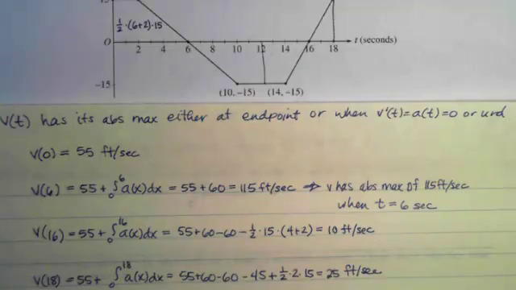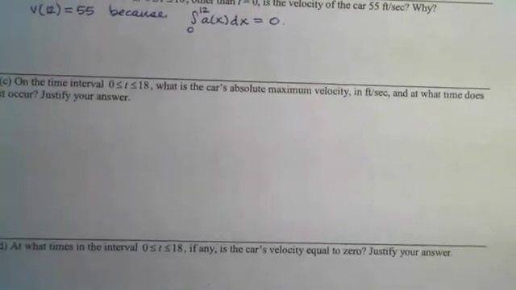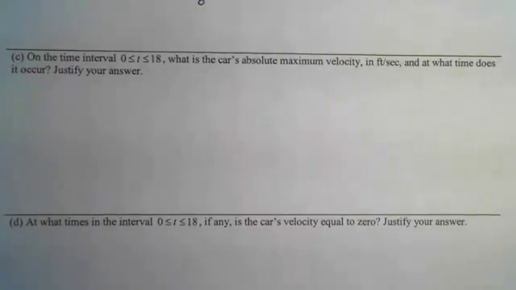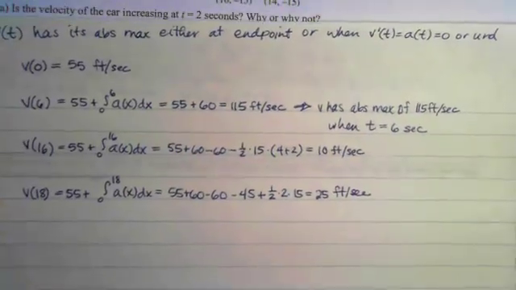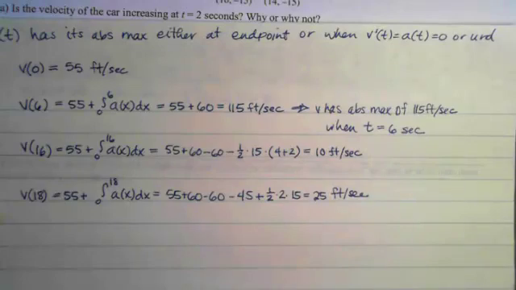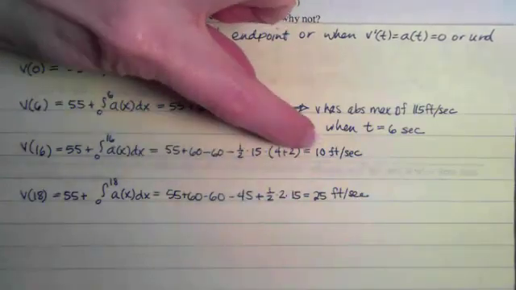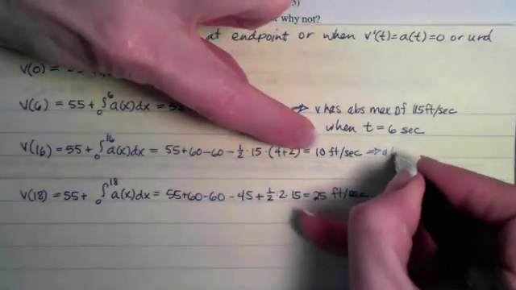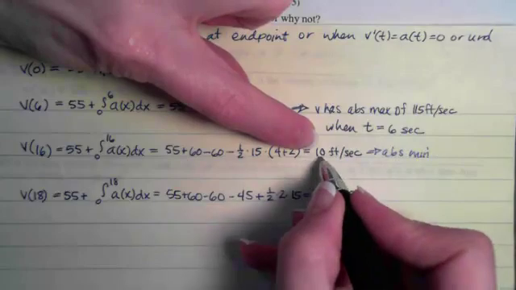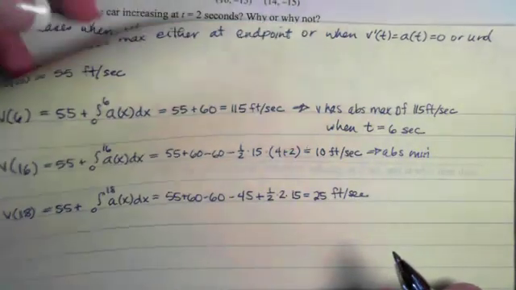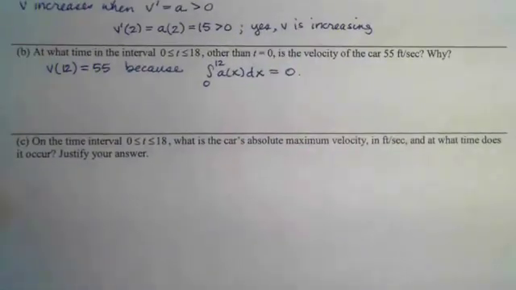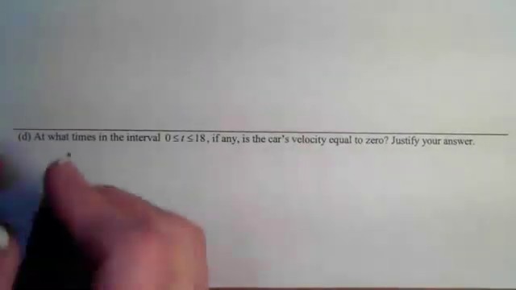Then the final question, part D, says at what times in the interval, if any, is the car's velocity equal to 0? And then we have to justify our answer. Well, if we go back and look at our list here, here's all our maxes and all our mins, and notice that the smallest number in that list is the 10. So this is our absolute min, and it's a 10. So 0 would be smaller than the absolute min, so that means we're never going to hit it. So for part D, what we're going to write is